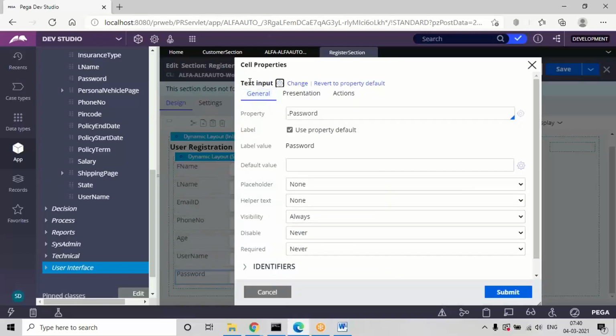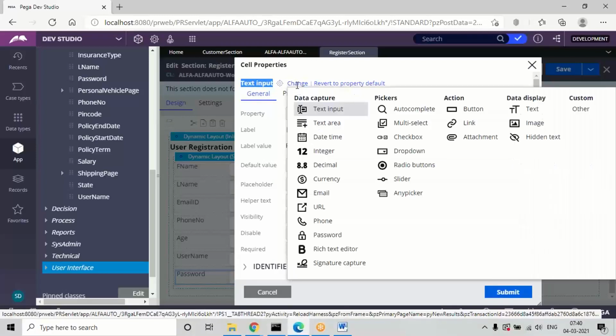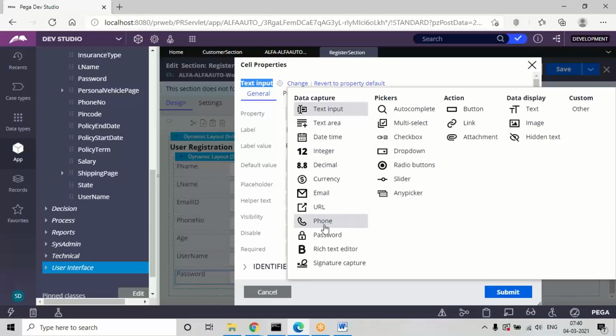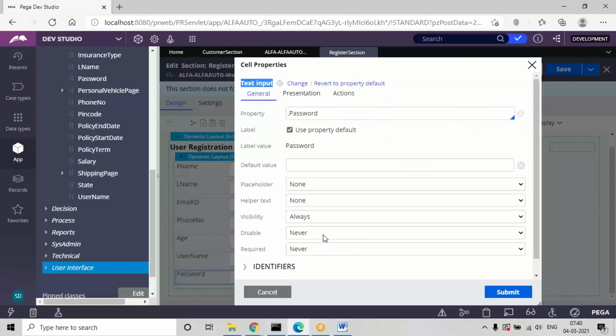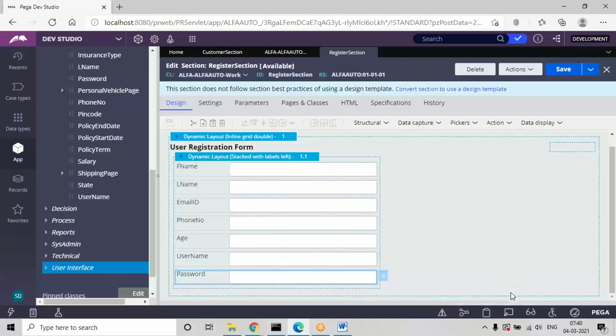See, by default the type will be text input, so you can change the option to password. If you change it to password, it will be in encrypted format, like dots, so the user cannot see the value given. It will be in hidden format. So save the design.